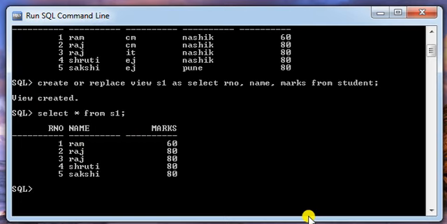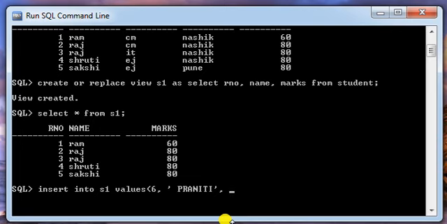Now let us insert the data into the view. To insert data into the view, I am writing the command insert into view name, then the keyword values, and then write down first the roll number. This is my first column in the view. So I am writing the roll number as 6. Then the name of the student.